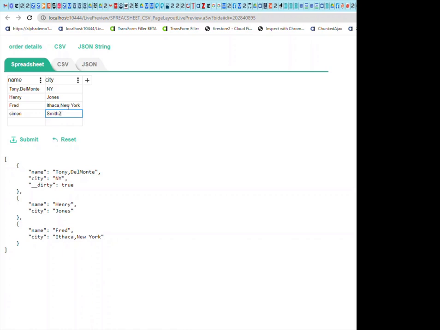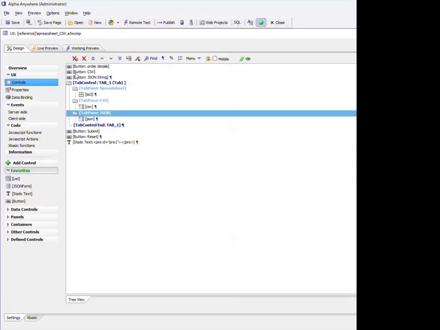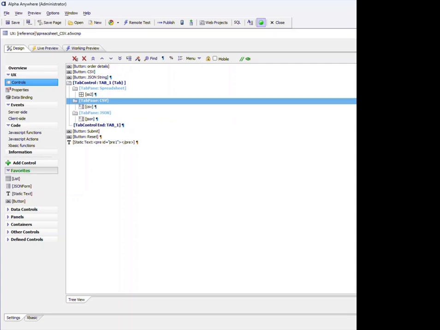So what this control does is show how you can take the data from the spreadsheet control and display it in either CSV or JSON format, and then how you can take CSV data or JSON data and quickly repopulate the spreadsheet control. So let's take a look behind the scenes at how this was all done. If we go back to design mode and we look at the tab control here, the CSV tab pane